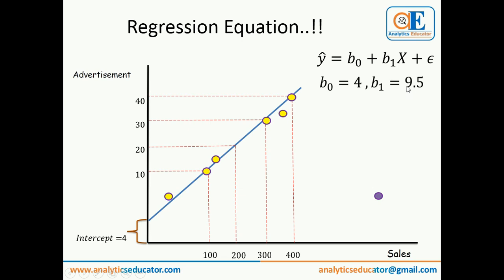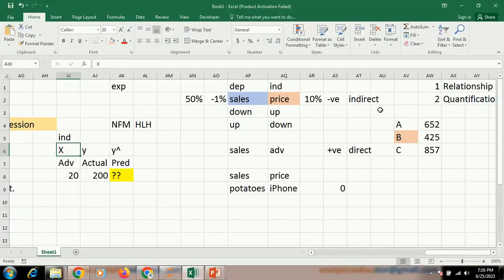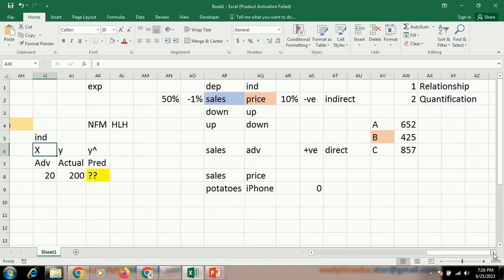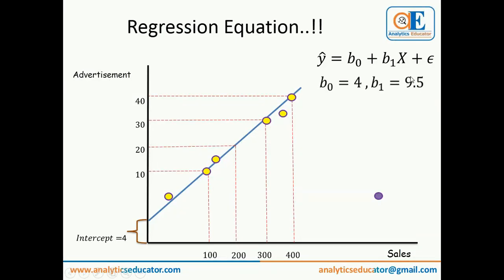So what do we understand from 9.5? Do you remember the two things we can understand from linear regression? Relationship and quantification. These are the two things we can understand, isn't it? So how do I understand the relationship? Look at the sign beside this value. This value is called a coefficient. Can you tell me what the sign beside this value is? Positive or negative? What do you think? Anyone? Positive, no sign means positive, absolutely correct.